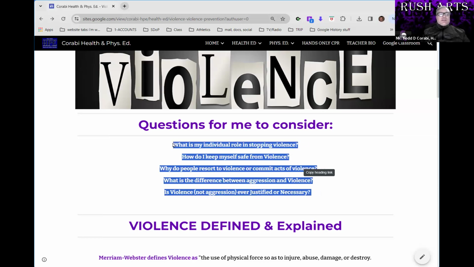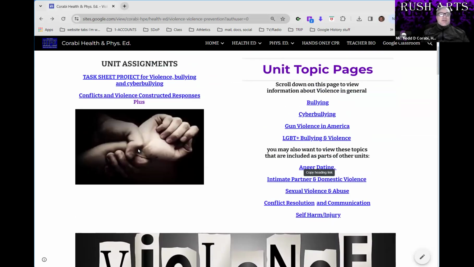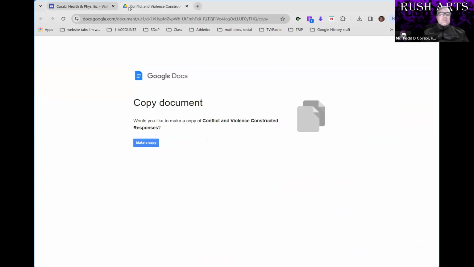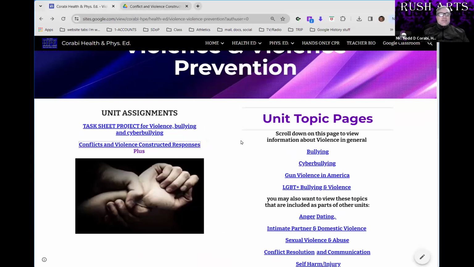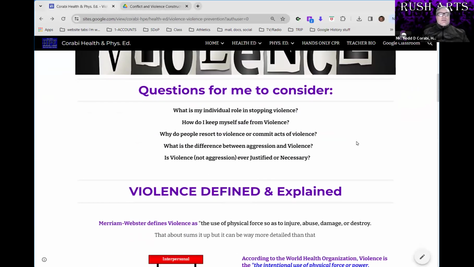And something to consider with that as we get into the assignment about the constructive responses and writing prompts, which, for the sake of argument, I'll just click on here and show you that that's also an assignment that's in Google Classroom. But in any case, these are things that we need to answer in class.